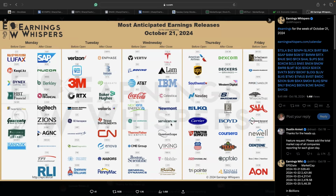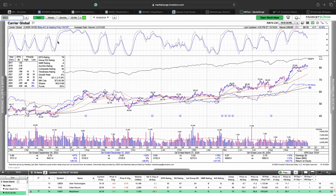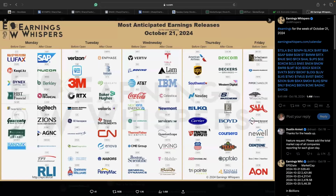ServiceNow is another big one for that computer software enterprise industry group. VKTX for biotech. Carrier, they do something with cooling and heating products, but this one's got a really nice chart. So we'll see what that one has to say. And then Deckers Thursday after the close. And that's really it. Getting back into the bulk of the earnings season where we started off with the banks,